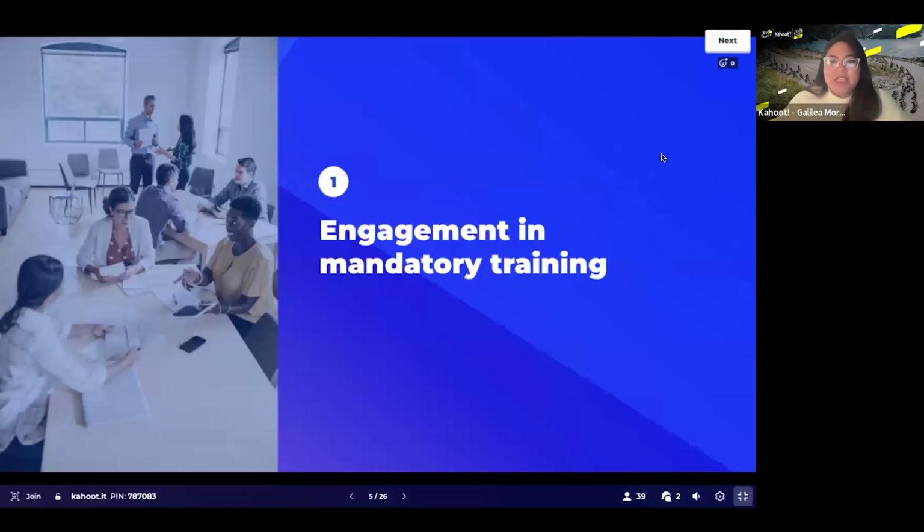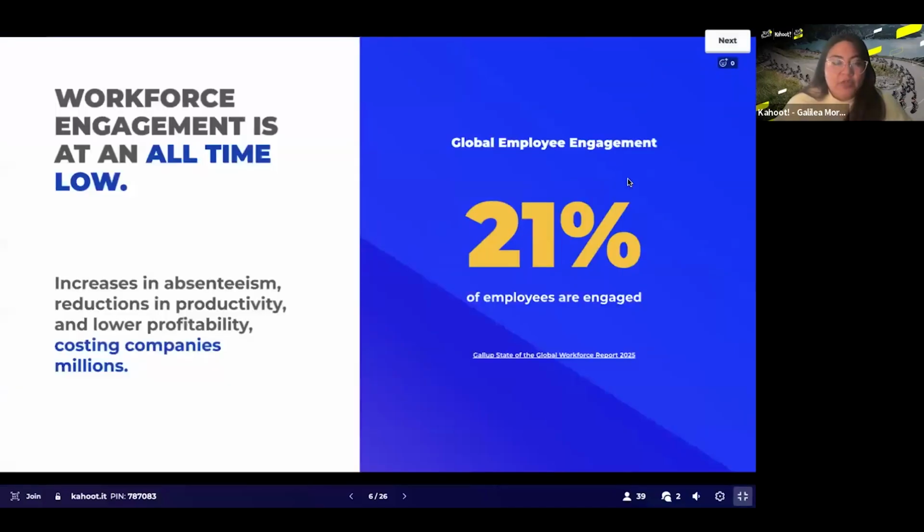We are now going to start diving into our section here around engagement in mandatory training and taking a look at the conversation of engagement in the workforce on a broader scale. One thing I wanted to start the conversation with is how workforce engagement is at an all-time low, and how that correlates to the real world impact of low engagement costing companies money,